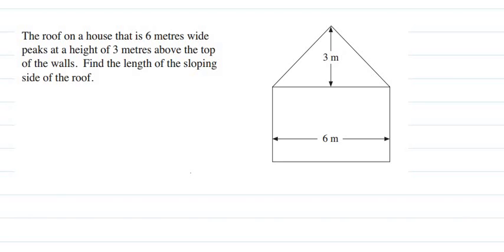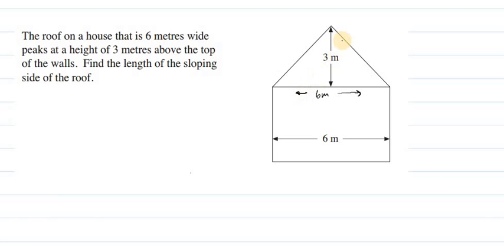The roof on a house that is 6 meters wide peaks at a height of 3 meters above the top. Find the length of the sloping side of the roof. In this question here, we realize that this here is 6 meters, this whole length up here,